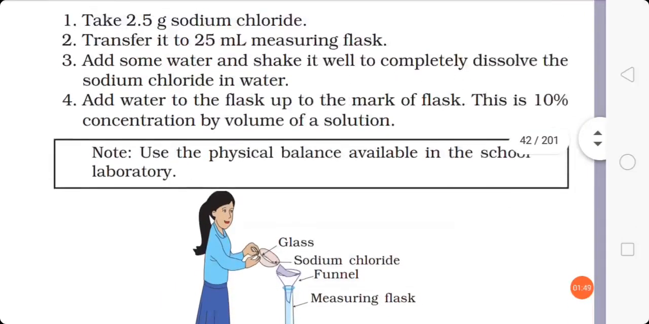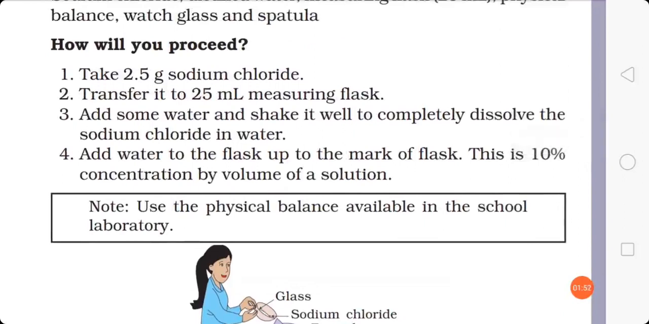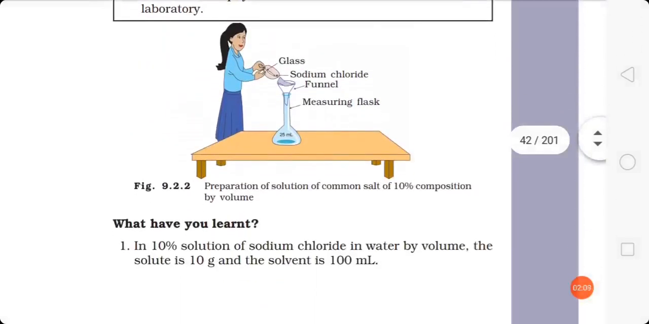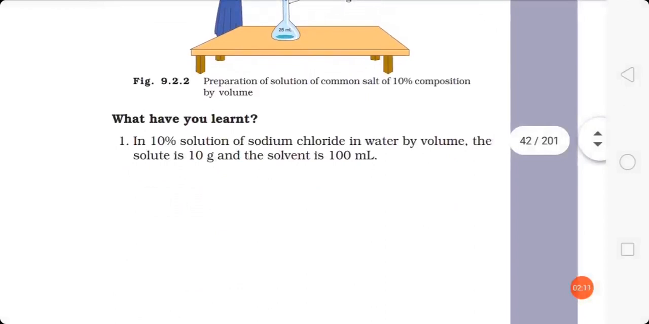So it's very easy, student, that 2.5 gram into 25 ml, okay, that is mass by volume percentage, and we are preparing 10% concentration by volume of a solution. Okay, so this is how we prepare a 10% concentration solution. So what you have learned here, that in a 10% solution of sodium chloride in water by volume, the solute is 10 gram and the solvent is 100 ml. Okay, so per 100 ml 10 gram of sodium chloride is there, so you can say that it is a 10% solution. Okay,